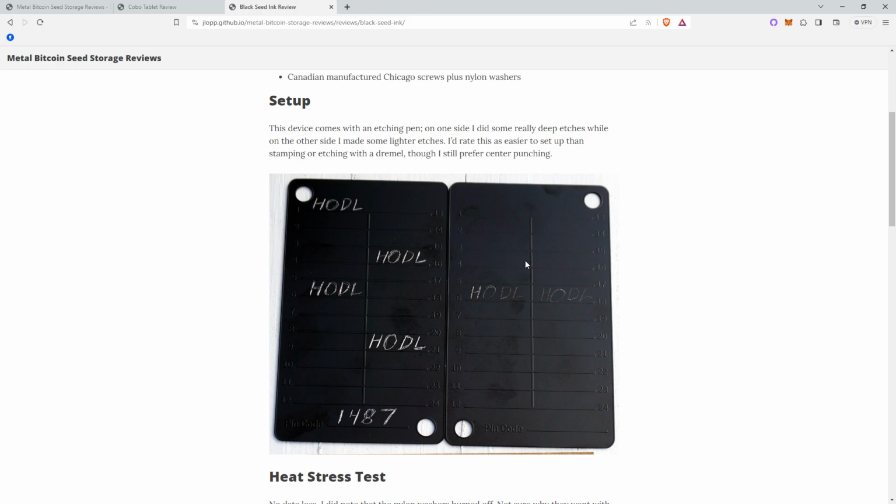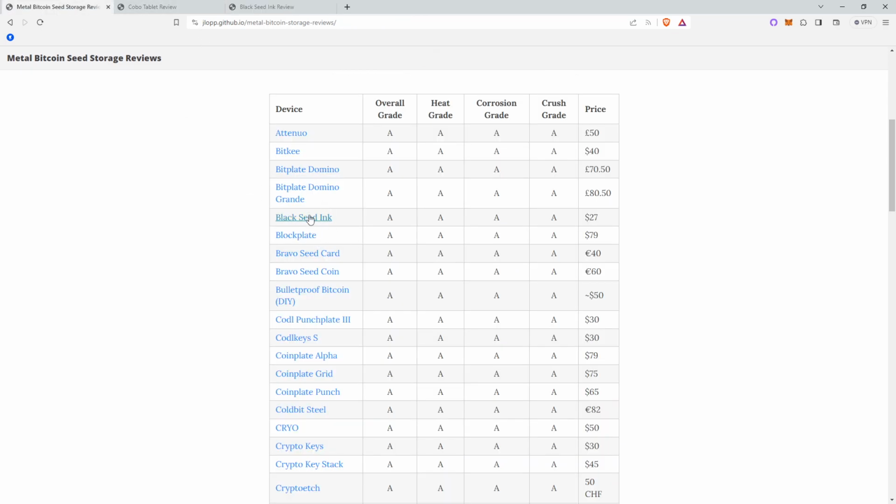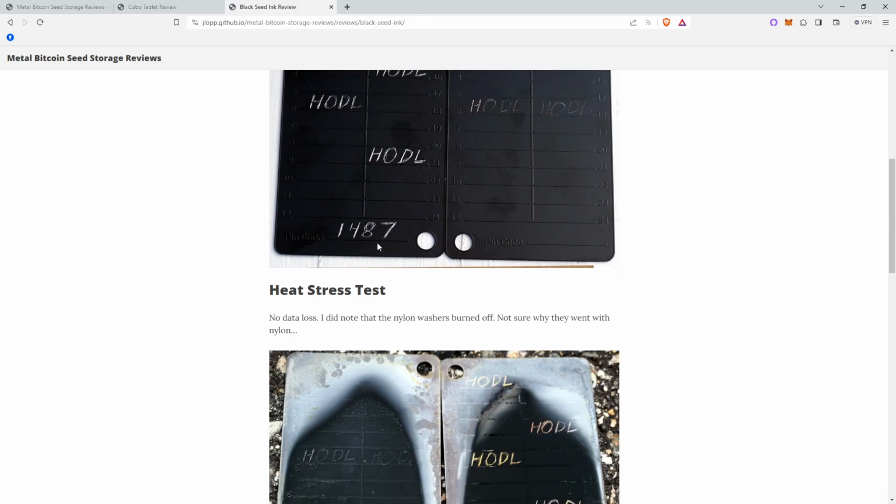But personally, I got this one and I only got one plate, as it shows it's a lot cheaper. When you look right here at the Black Seed ink, it shows $27, but it's not as well protected that way. In reality, it's double that, so you have to times that 27 by 2. But so that's for the Black Seed ink, and personally, this Black Seed ink right here, it shows the heat